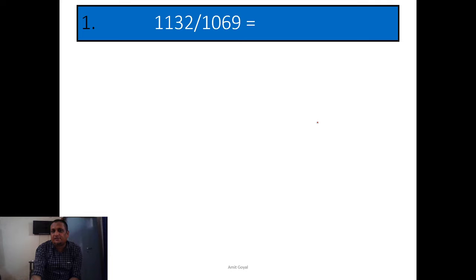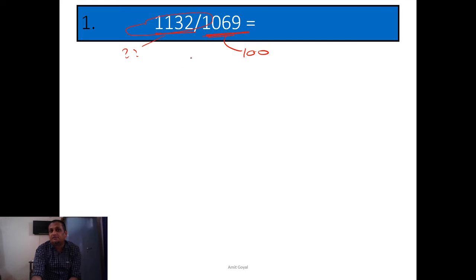What do you mean by percentage? Percentage means if 1069 is equivalent to 100, then 1132 is equivalent to what? Am I right? Okay. So first we notice that 1132 is more than 100%. It is more than 1069. So it means my answer should be more than 100%. If only one option among them is more than 100%, that will be my answer. Now if two or more options are more than 100%, then I will